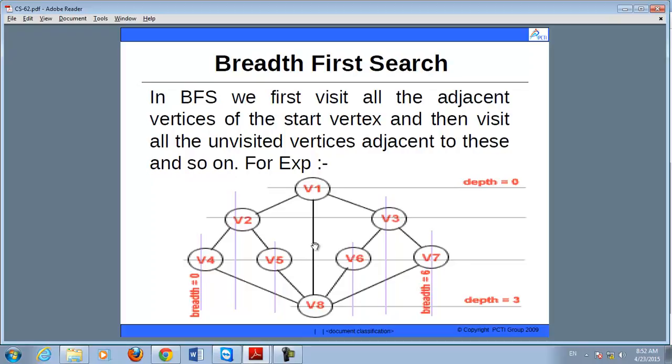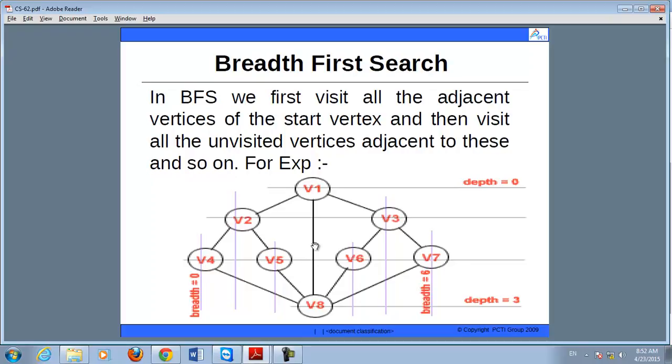Firstly you visit all the adjacent vertices of the start vertex, then visit all the unvisited vertices adjacent to these, and so on. In breadth first search, all the adjacent vertices are visited before going to any unvisited vertices. Adjacent means the neighbors of that particular vertex. So in BFS we mainly consider the adjacent vertices, and in DFS we mainly consider the depth of the particular node.